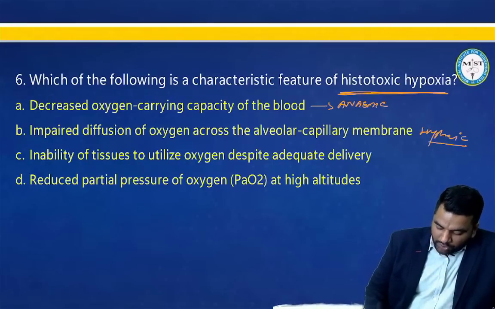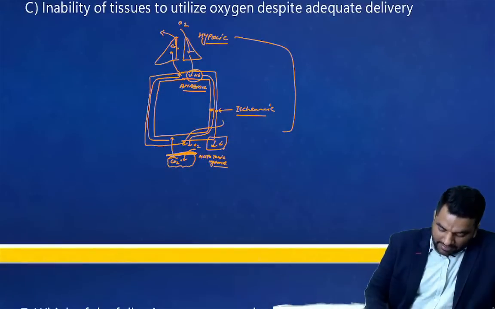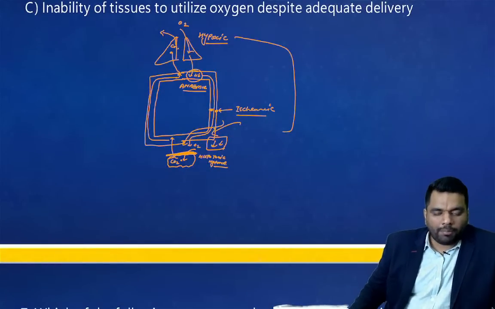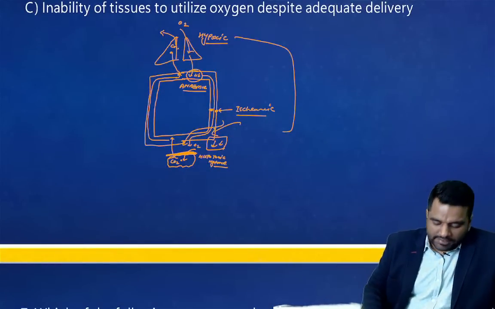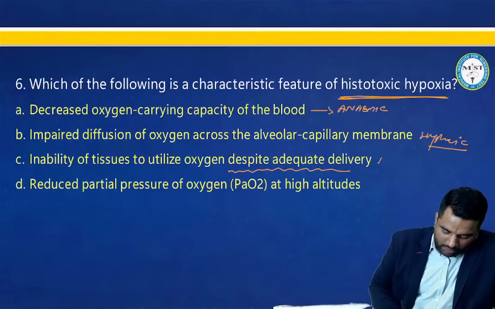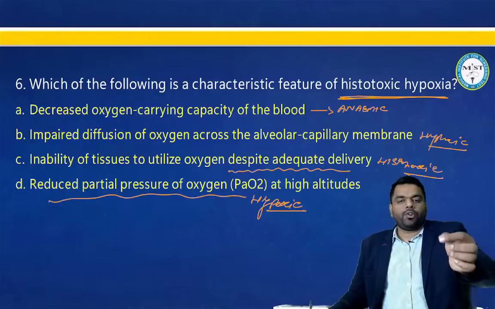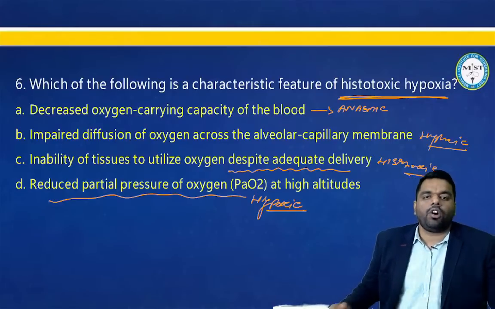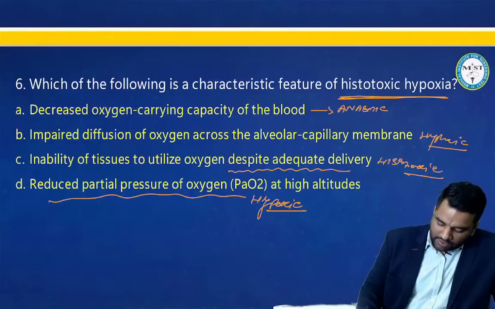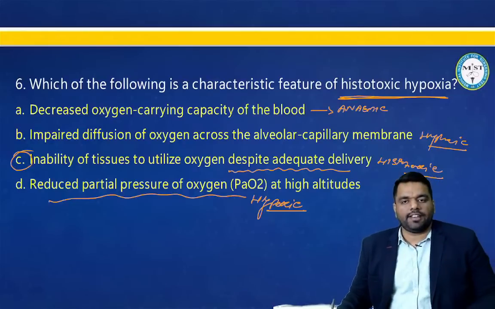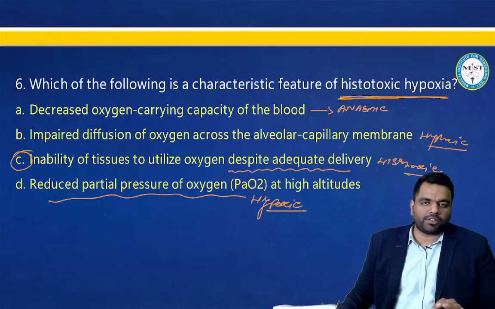Then inability of tissue to utilize oxygen despite adequate delivery. Yes, delivery is properly happening over here, but it cannot enter inside of the cell. So definitely this is about the histotoxic hypoxia. And reduced partial pressure of oxygen, again this is the type of hypoxic hypoxia. So I hope now you can easily remember all the different types of hypoxia, right beta? So the right answer of this question number 6 is C, that is inability of tissue to utilize oxygen despite